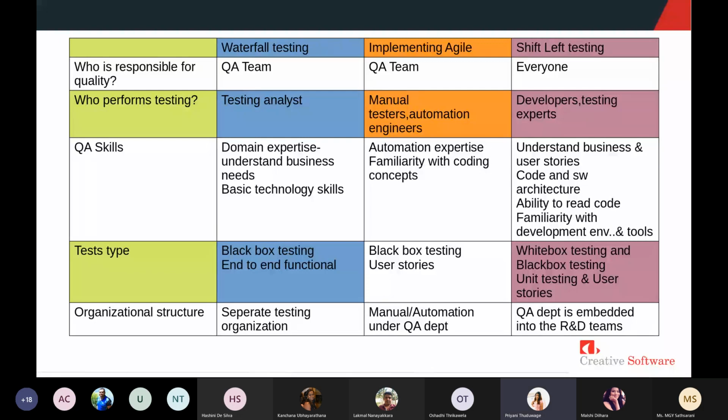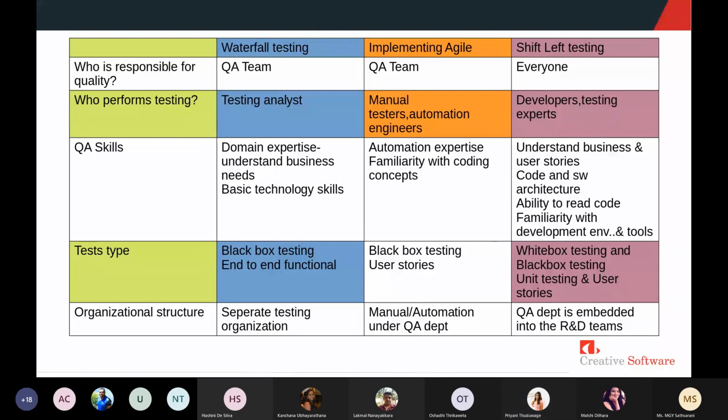So it gained a little bit of advantage compared to waterfall testing. But in shift left testing, the QA department is embedded in the research and development teams. It means the whole team is doing testing and reviewing requirements. So they are doing all the things